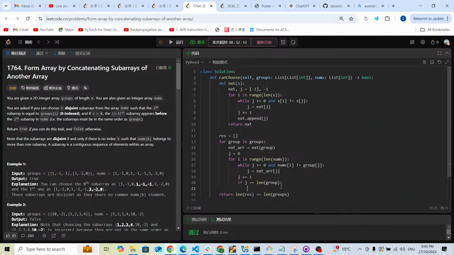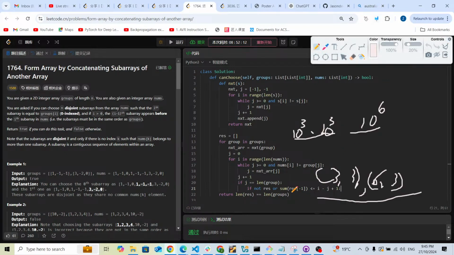Yeah. So our tag is that we're going to check the result array: if the result array is empty, or the sum of result minus 1 is less than or equal to i minus j plus 1. So this result, sum of the result minus 1 is this 3 plus 3, and this i minus j plus 1 is